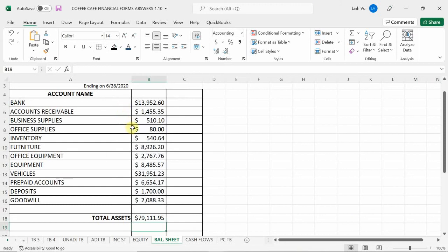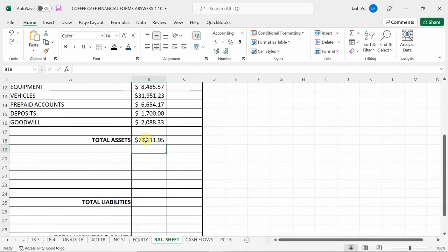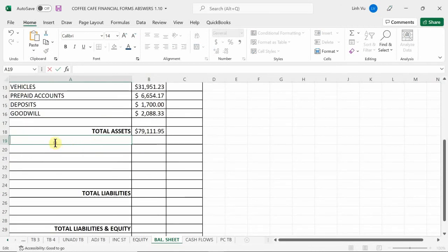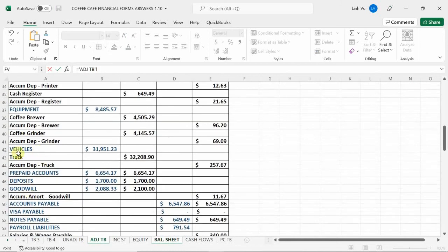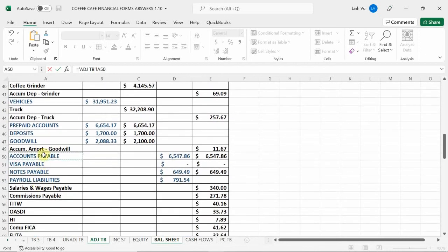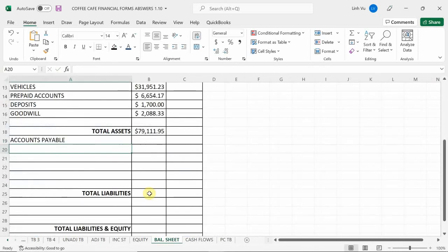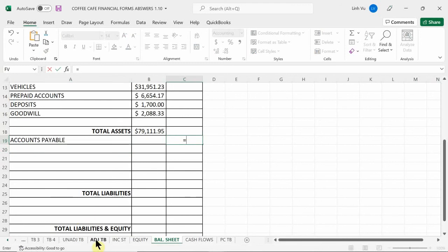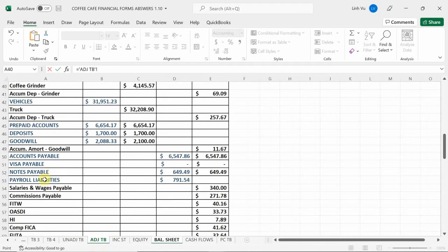So that's just half of the equation, right? I still need to figure out my total liabilities plus my equity. So starting with liabilities, I'm going to go ahead and put in right here. These are my liabilities. So first liability that I have here is going to be my accounts payable. Okay? And I'm going to go on the right side now because, again, left side's meant for my assets, right side is for my liabilities and my equity. So in this case, my first liability is going to be my accounts payable for